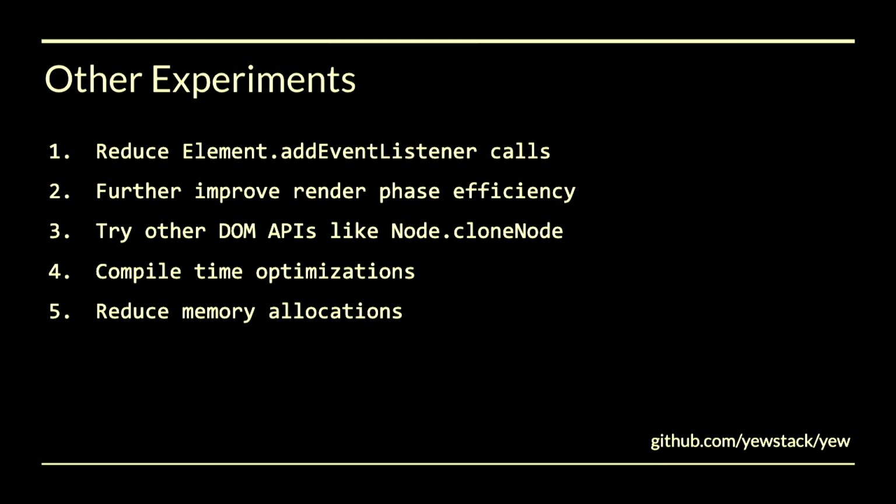And there's other things that we can do to improve performance at compile time, because we use a lot of compile time magic to analyze your app to make it faster. I think that's pretty exciting too. And also I think there are a lot of these 10% improvements that I mentioned at the very beginning that could be figured out by just looking through the code and finding improvements. And so if any of this sounds interesting to you,